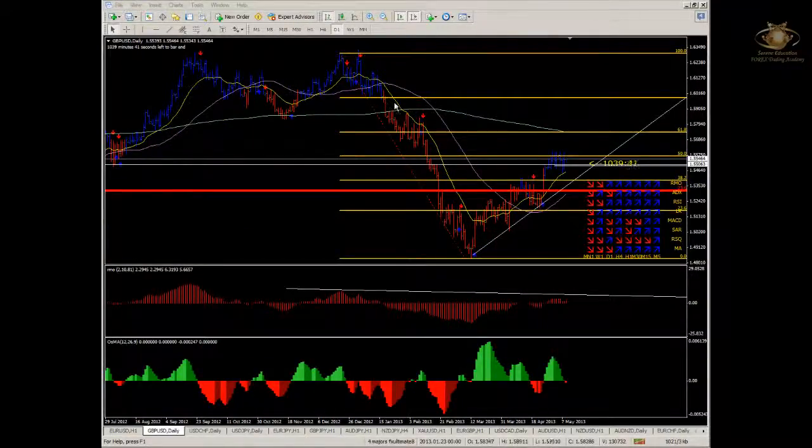Onto sterling, let's have a look at this one. You can see I've drawn my Fib retracement from the all-time high back in late December to early April, March of this year in particular. And you can see this dark red line over here, this major line, is my monthly Fib retracement area. So you can see we're trading above it, which is an important point, because below that price was actually using it as support for many years. However, we saw a break below, heading towards that